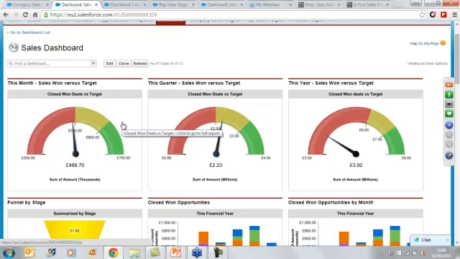If I wanted to display this chart for every single salesperson, I'd have to create a gauge for every single salesperson. And if the targets were different, or if the targets moved from one month to another, in other words, it's 500,000 for this month, and 600 for the next month, and 450 for the month after that, I've got to go in and I've got to reset the dashboard component for each one of those months. But it might well be worth doing that. It's a simple approach. To my mind, it works best